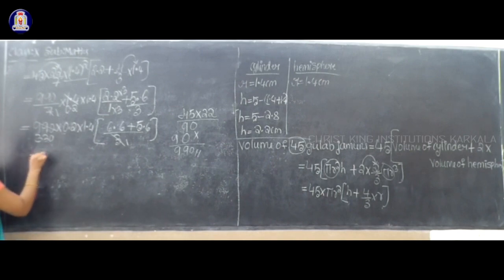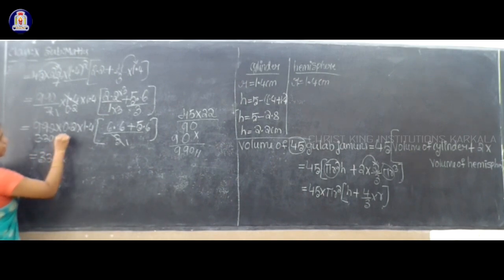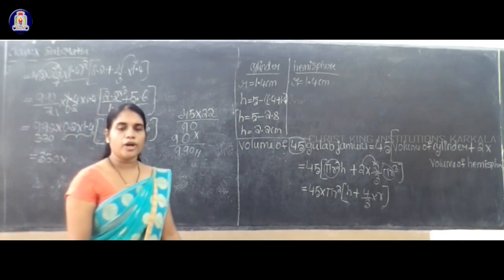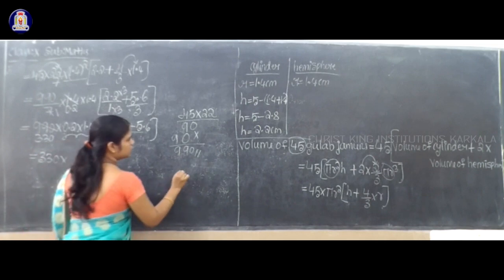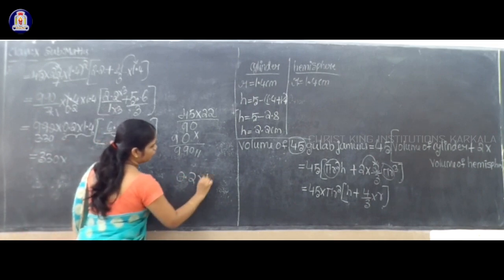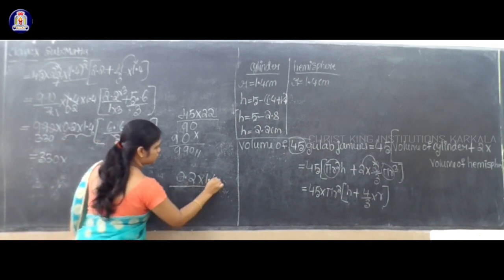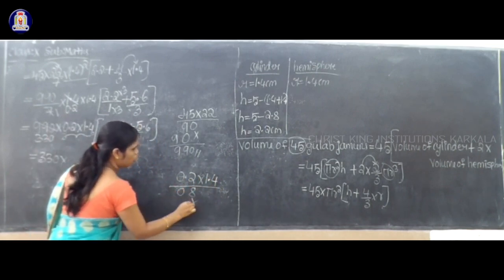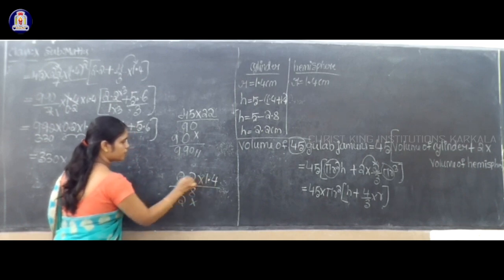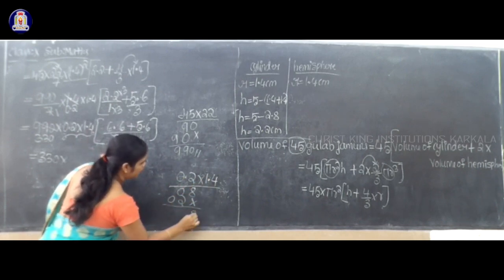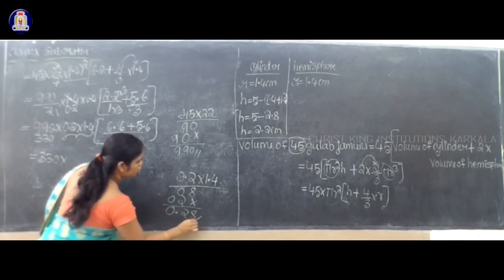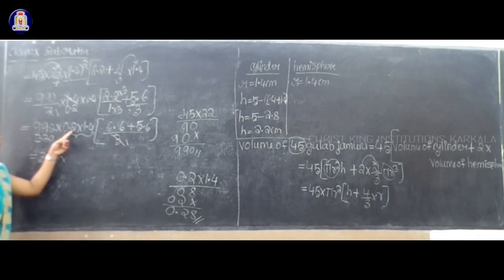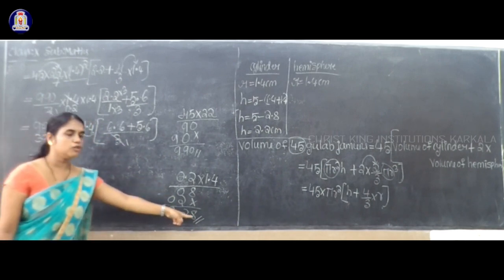So therefore I'll get 330 into, now multiply 0.2 into 1.4. Okay. 0.2 into 1.4 equal to how much? 4 2s are 8. 4 into 0, 0. 1 2s are 2. 1 0, 0. So 8 2 0. So you will get 0.28. Okay. So therefore 0.2 into 1.4 equal to how much?